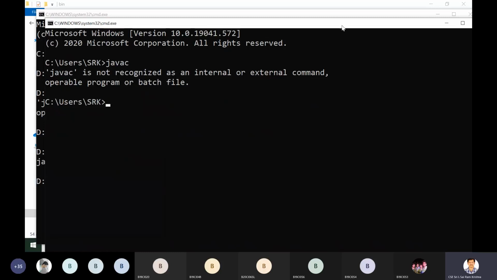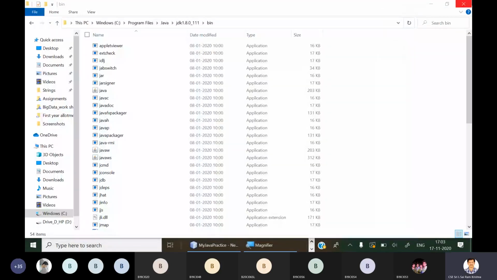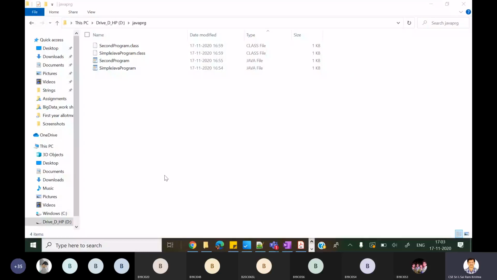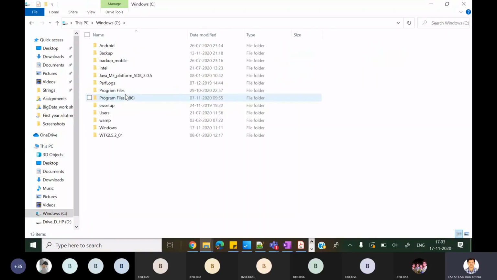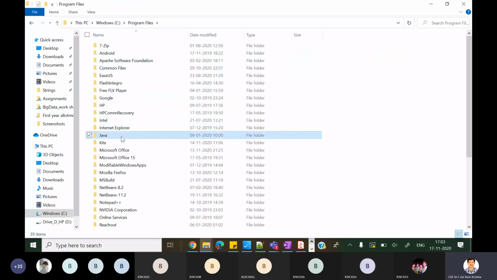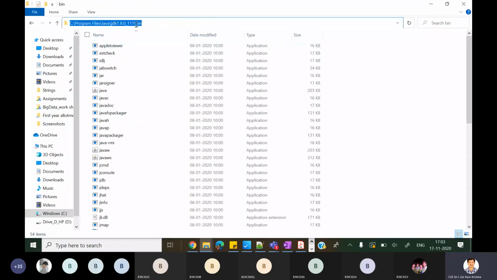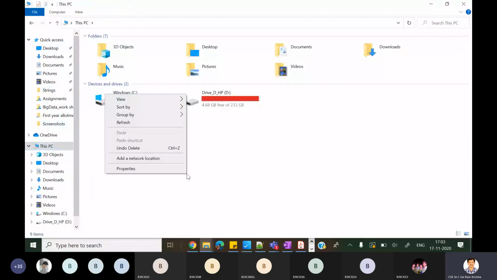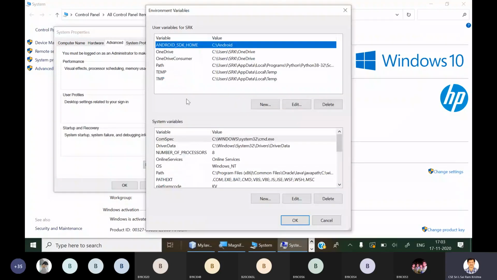Now the thing is how to set the path permanently. If you are administrator or account holder, then you can do this. What you can do is open my computer, go for C program files Java JDK bin, copy this content. Click on My PC and give a right click, properties, go for advanced settings, system, environment variables.